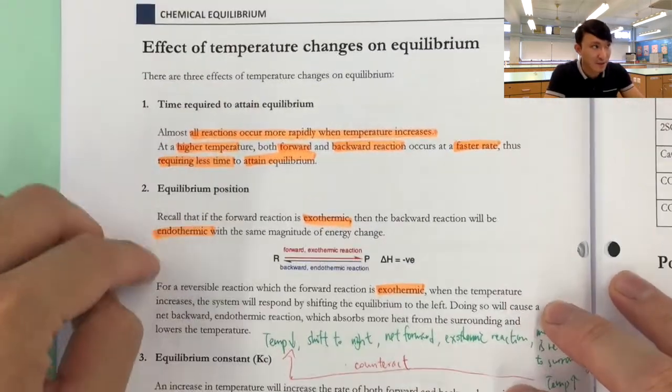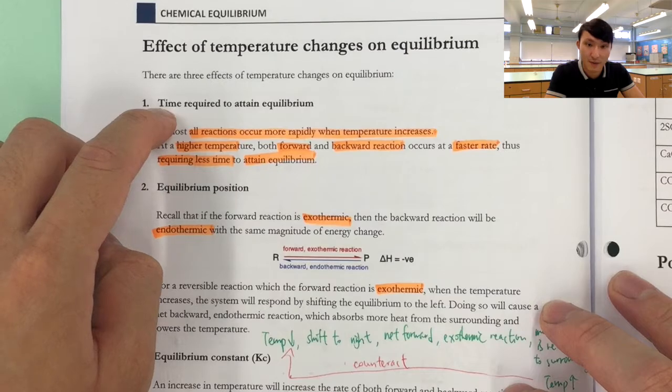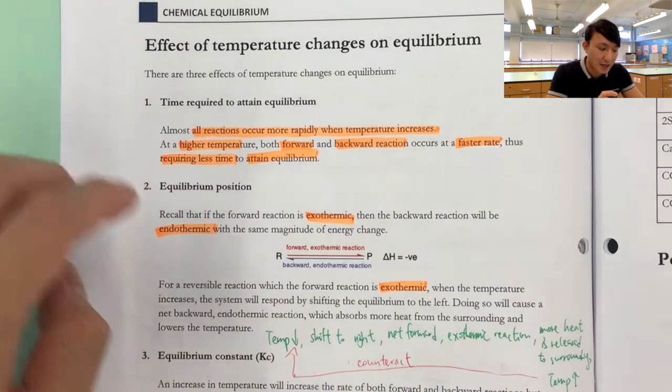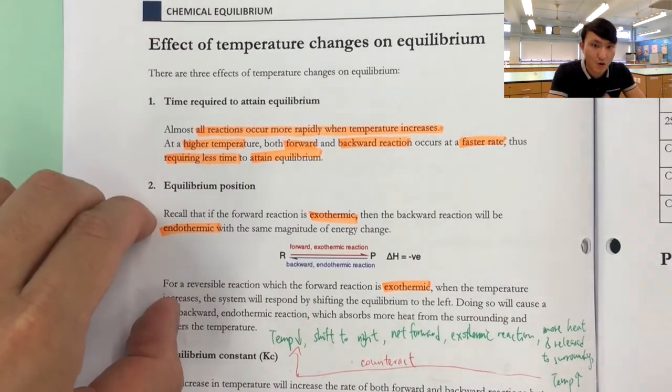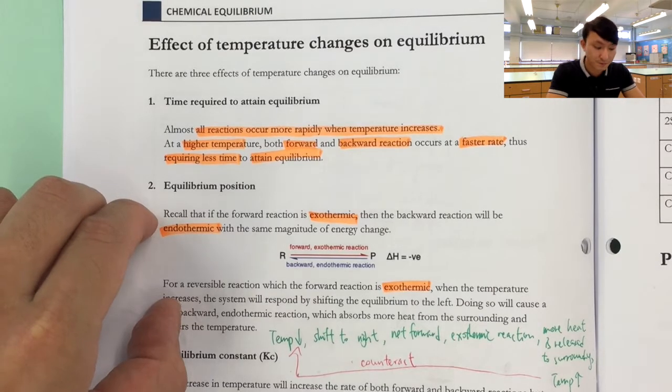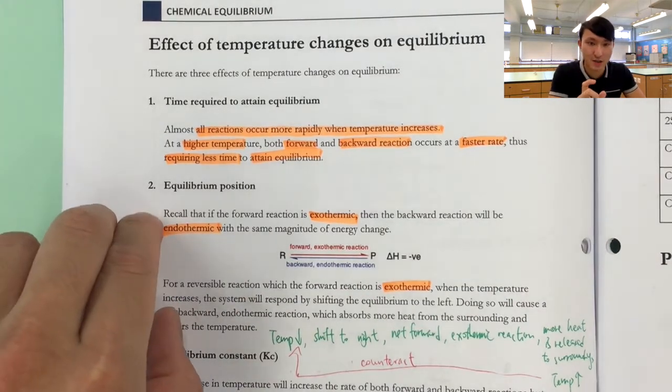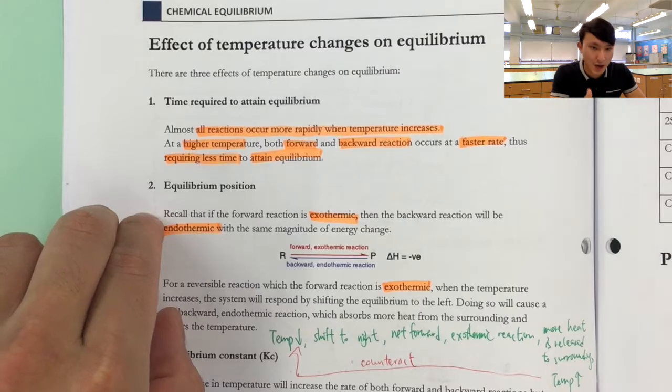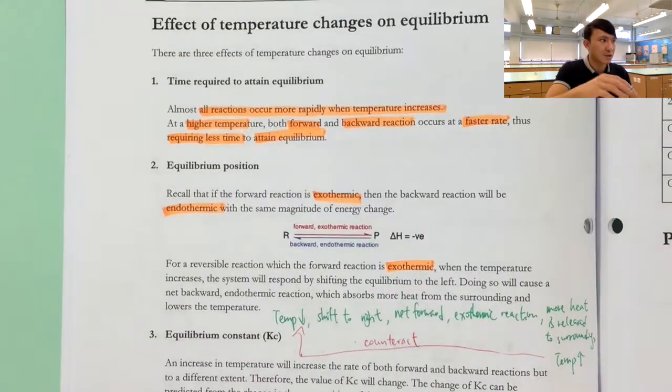There are three of them. Time to attain equilibrium has to do with the rate of reaction. And here, equilibrium position will also have to do with the rate of reaction. So be extra careful as to how you present your explanation or description. Okay? Now, down here,